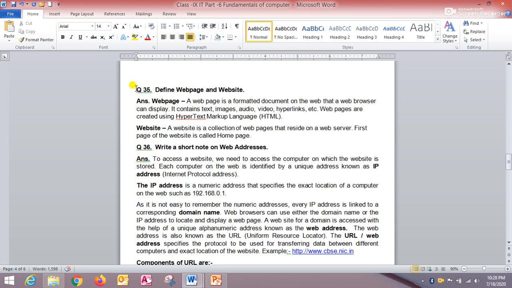Suppose I am selecting this question number 35, right? And then how we can move the text? Move the text process includes cut and paste, and copying the text includes copy and paste. So go to the home tab and then select cut option from the clipboard group.